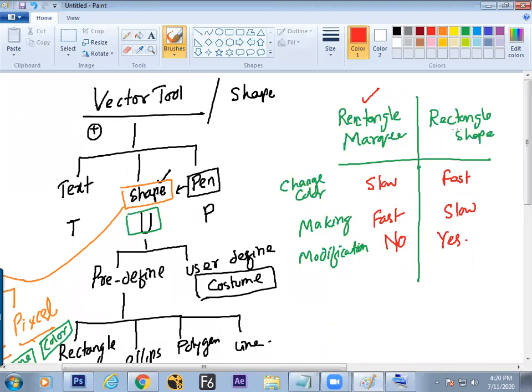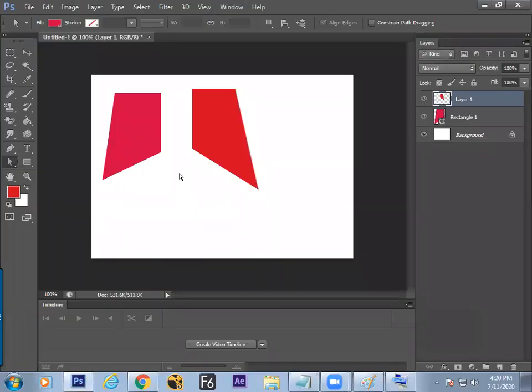But if you're working with the rectangle shape, it is very easy. So the hotkey U and the hotkey M. Once we understood one shape, the same logic we can apply to others. Now we have understood the point.